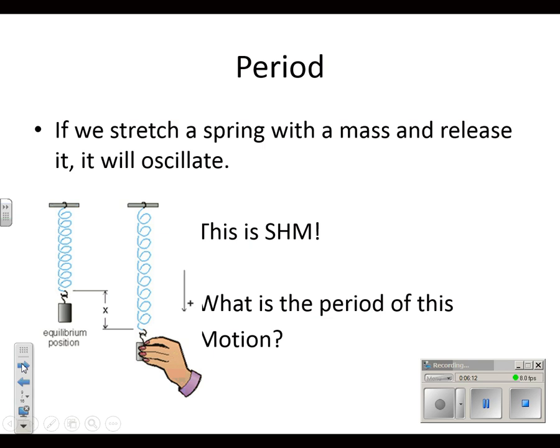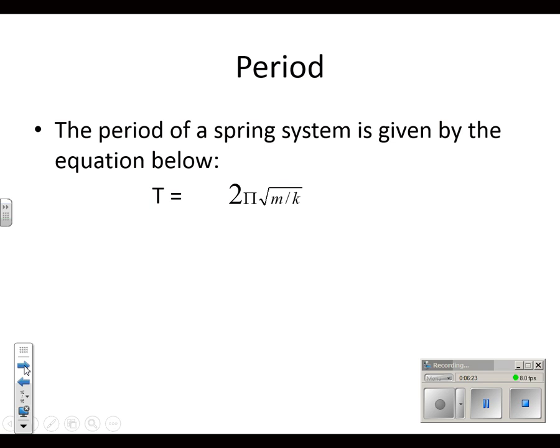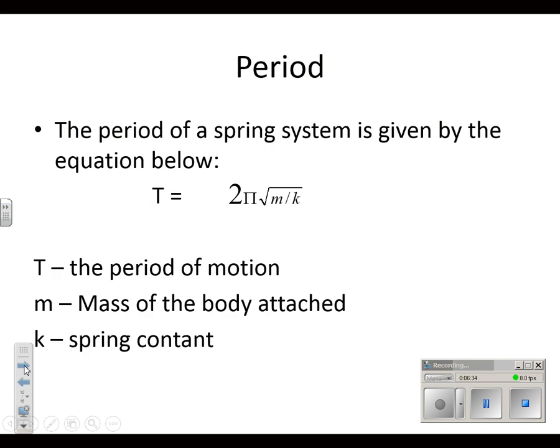Now, if we stretch a spring with a mass and release it, it will oscillate. This is simple harmonic motion. But what is the period of this motion? Period, remember, is the amount of time it takes for one oscillation. So on your formula chart, there's also the period of a spring, which is listed as T equals 2 pi square root of m over k, where T is your period of motion, and it is in seconds. M is the mass of the body, and it'll be in kilograms. And then K will be your spring constant, which is in